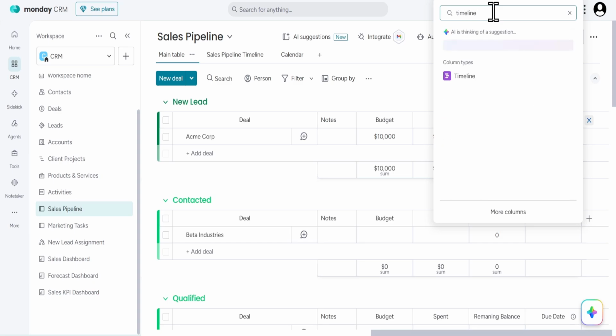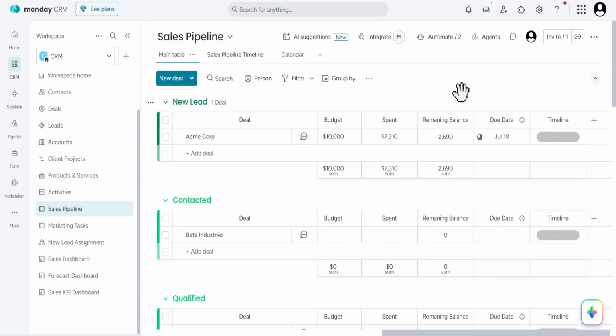Before using Timeline View effectively, your sales pipeline needs to include date-based information. That's important because the timeline depends on start and end dates to display each deal across a time range. If your board doesn't already have the right date set up, this is the point where you make sure those date columns are available. After clicking the plus icon, type in timeline, and then select it from the available column